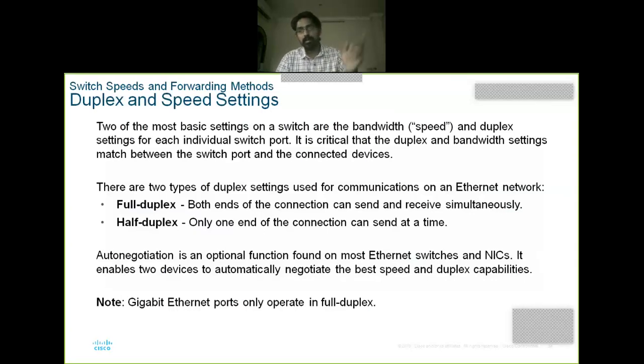I already told you in the morning session, if the communication path has to and fro, two-way communication, that type of communication path is called a full duplex. If the connection permits only one direction at a time, only one end connection, that type of mechanism is called half duplex mechanism. Some older systems have half duplex capability, latest systems have auto duplex capability.